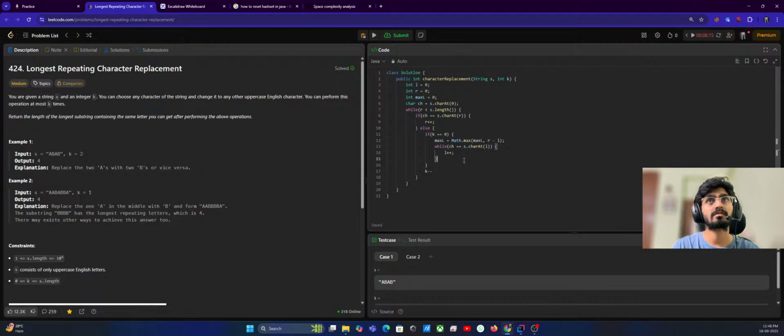Once it's done, okay, then do l equals to r, else k minus minus, plus plus. All right,